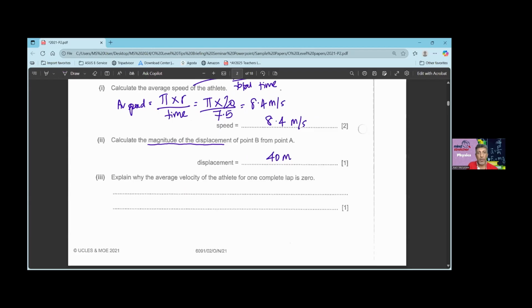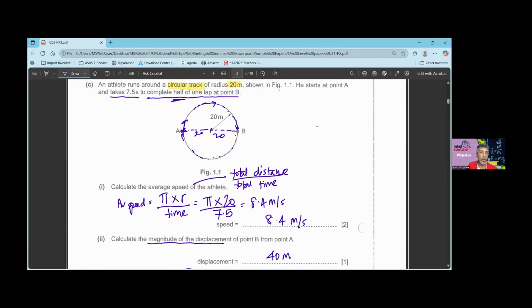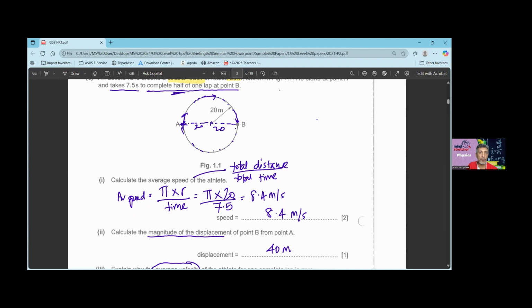Next, explain why the average velocity of the athlete, and they said average velocity, not average speed, for one complete lap is 0. Why is it that when the person completes one full lap from A, he comes back to A? So why is the average velocity 0? Yes, the displacement is 0 because when he completes one complete lap,